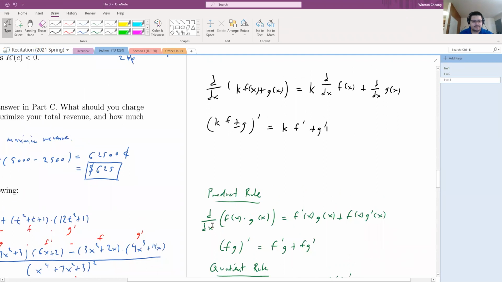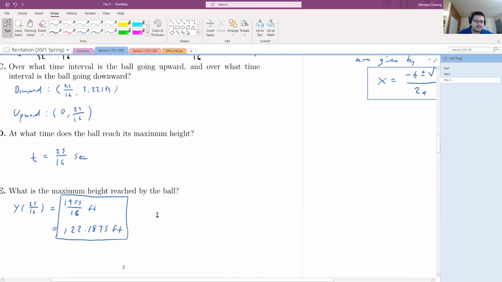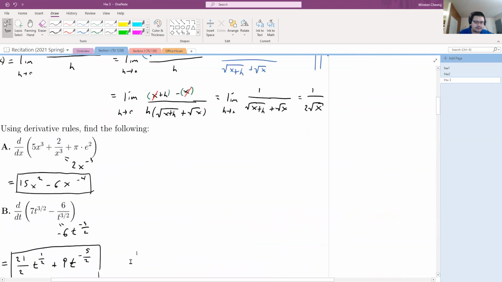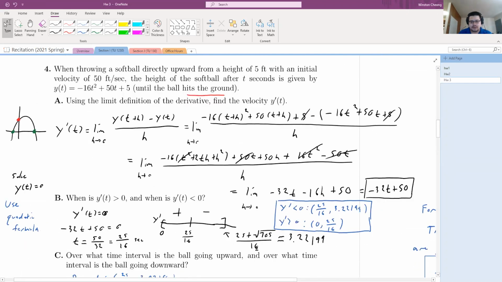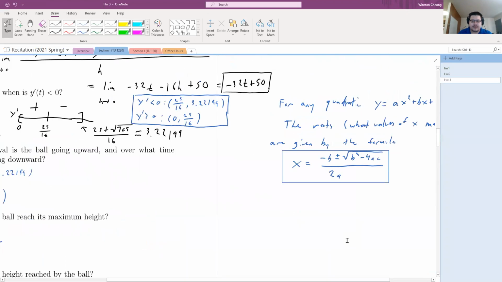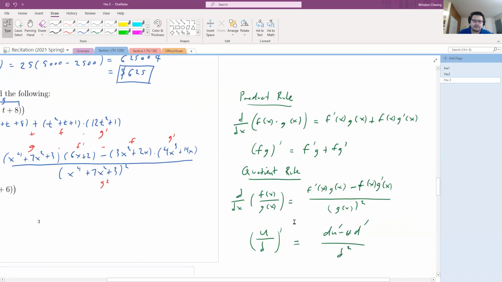So this is something that I didn't mention, but that we were implicitly using for the problem back here. The fact that I thought of the derivative term by term is only allowed because taking the derivative splits over each term. So we can just consider things term by term. So that, along with the power rule, and then of course we began introducing the product rule and the quotient rule. So just quickly recap,